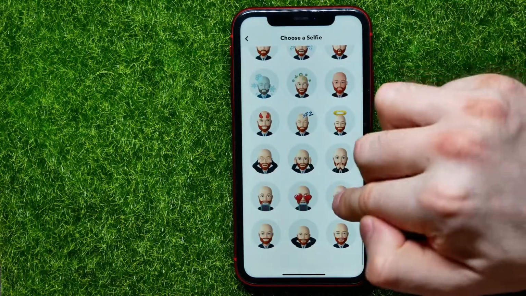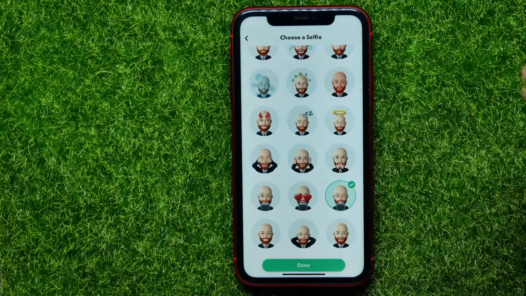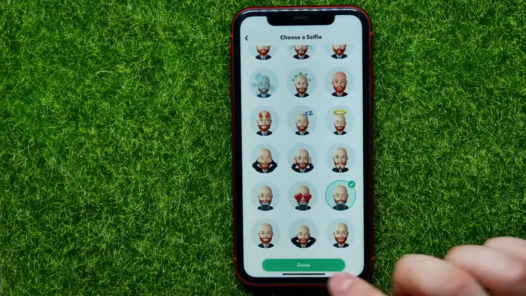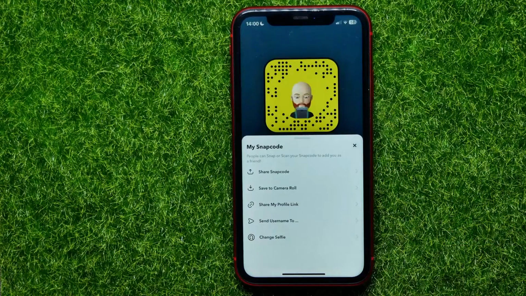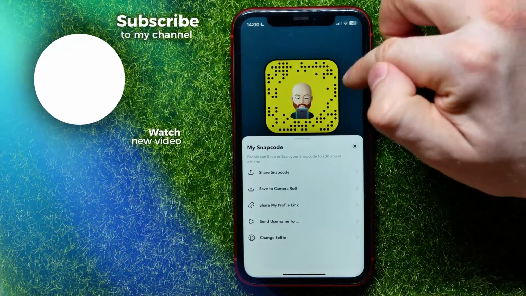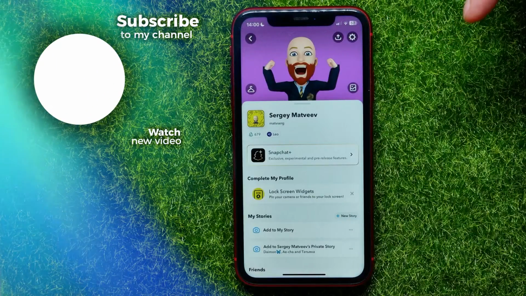Let it be that one, for example. I really like it, and then all I have to do is just hit done to set this selfie on my Snapchat